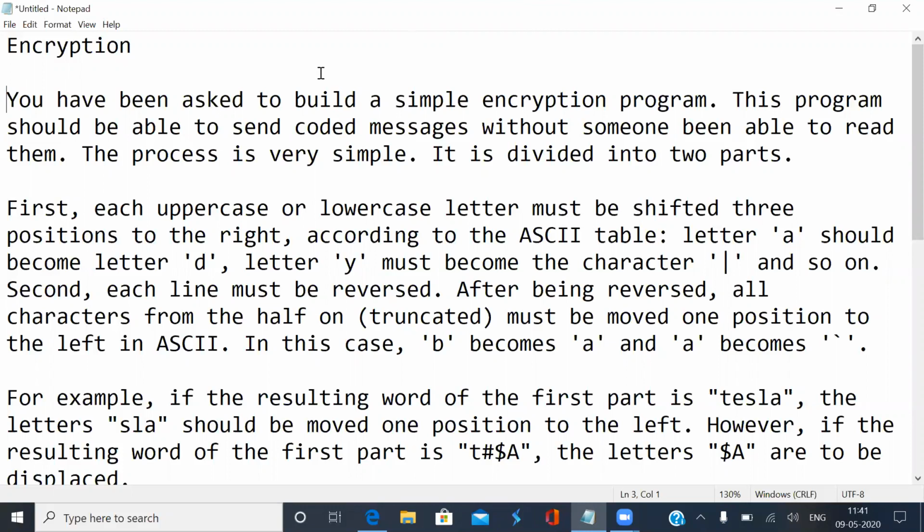First, each uppercase or lowercase letter must be shifted 3 positions to the right. According to the ASCII table, letter A should become letter D, letter Y should become a special character used in logical OR, and so on. Next step, each line must be reversed. After being reversed,